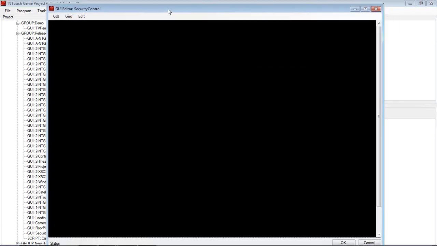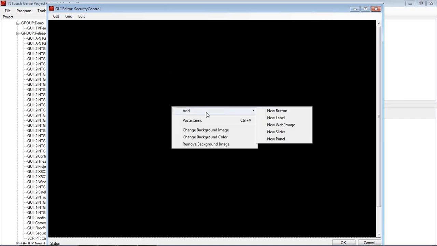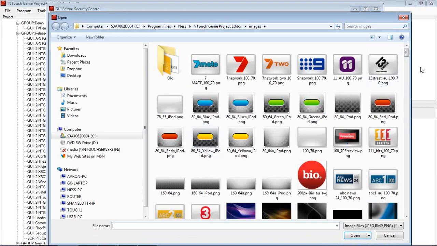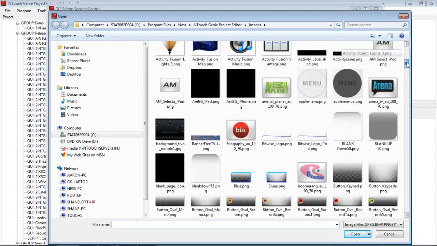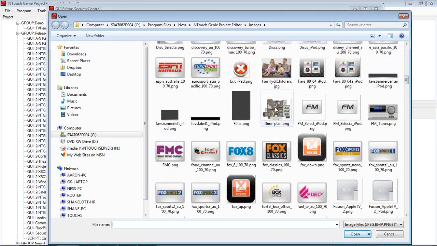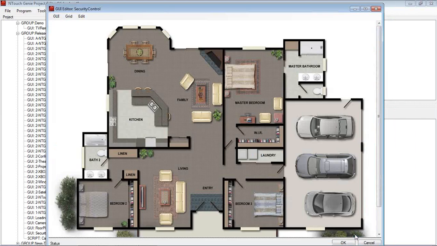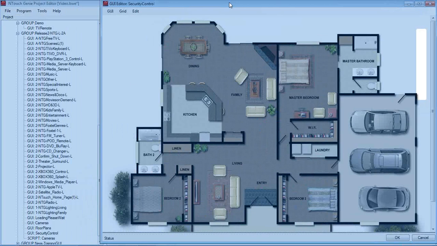Okay, now we might want to have this as separate, or we might want to just bring up another page that looks like we've added a keypad. So let's go and do that. We'll open up, change a web image, and let's bring up the same floor plan as we had. Okay, and now we might want to bring a keypad up at the front door, because that's typically where the keypad may be. So to do that,